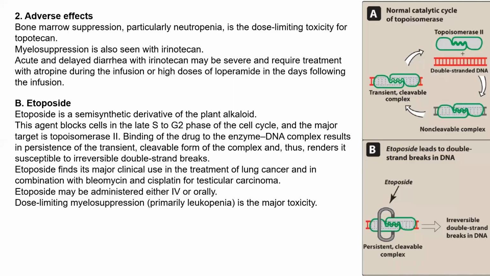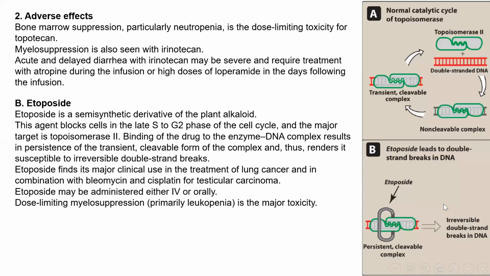While in the presence of etoposide, it binds to topoisomerase 2 and prevents topoisomerase 2 from releasing itself from the double strand of the DNA. So it stays like this, and this leads to continuous breaks in the DNA. So it means there are persistent double strand breaks in DNA, and this means there is no new sealing for the breaks in the double strands of the DNA, again with the remaining